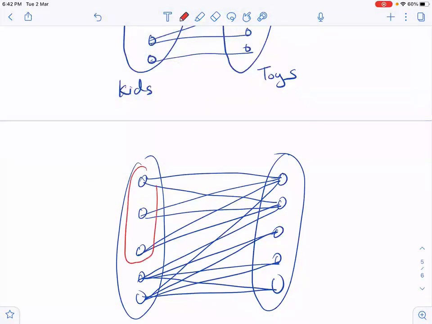So here there exists a subset U of L, and I am looking at the things that these 3 kids want. What do these 3 kids want? These 2. What are these 2? These 2 are nothing but the neighborhood of U,